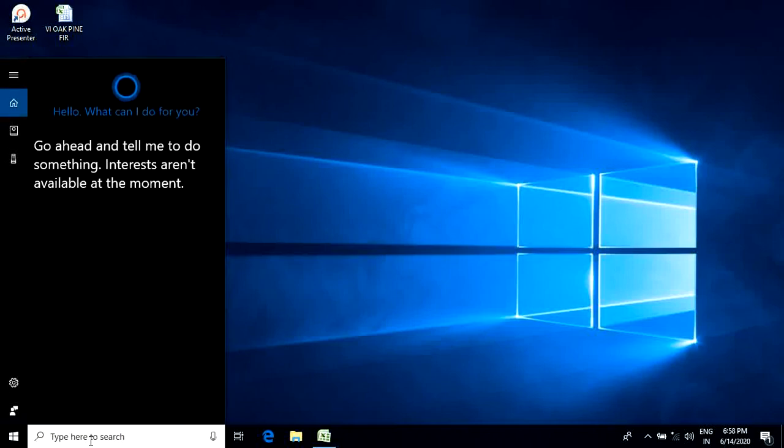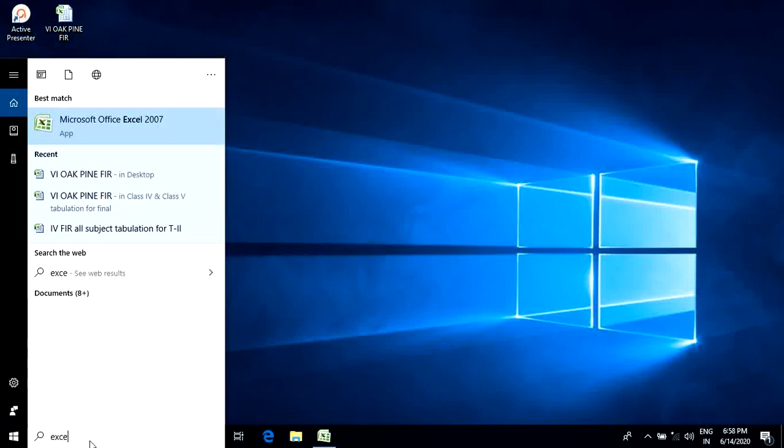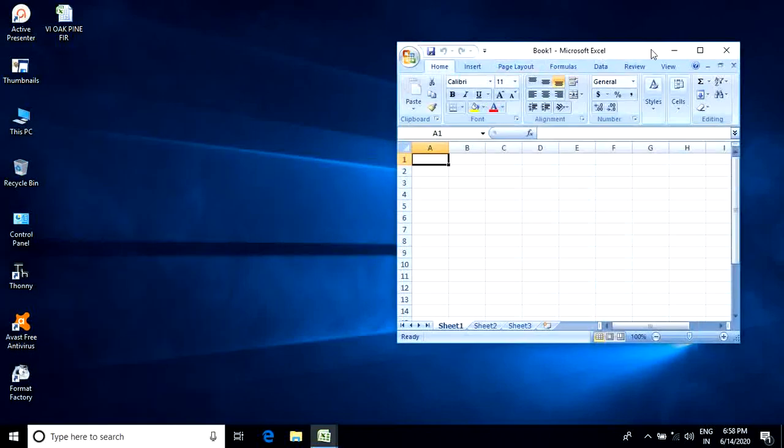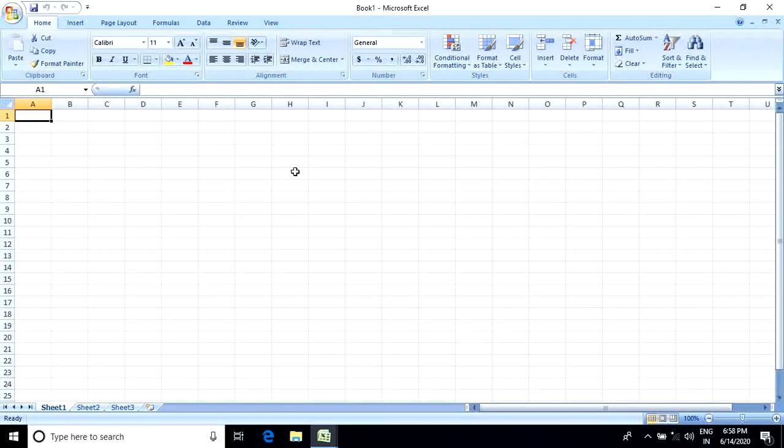We type Excel. We use Microsoft Excel 2007. If you can handle Microsoft Excel 2007, then you can easily handle upper versions of Microsoft Excel, that is Microsoft Excel 2010, 13, 16, 19, etc.